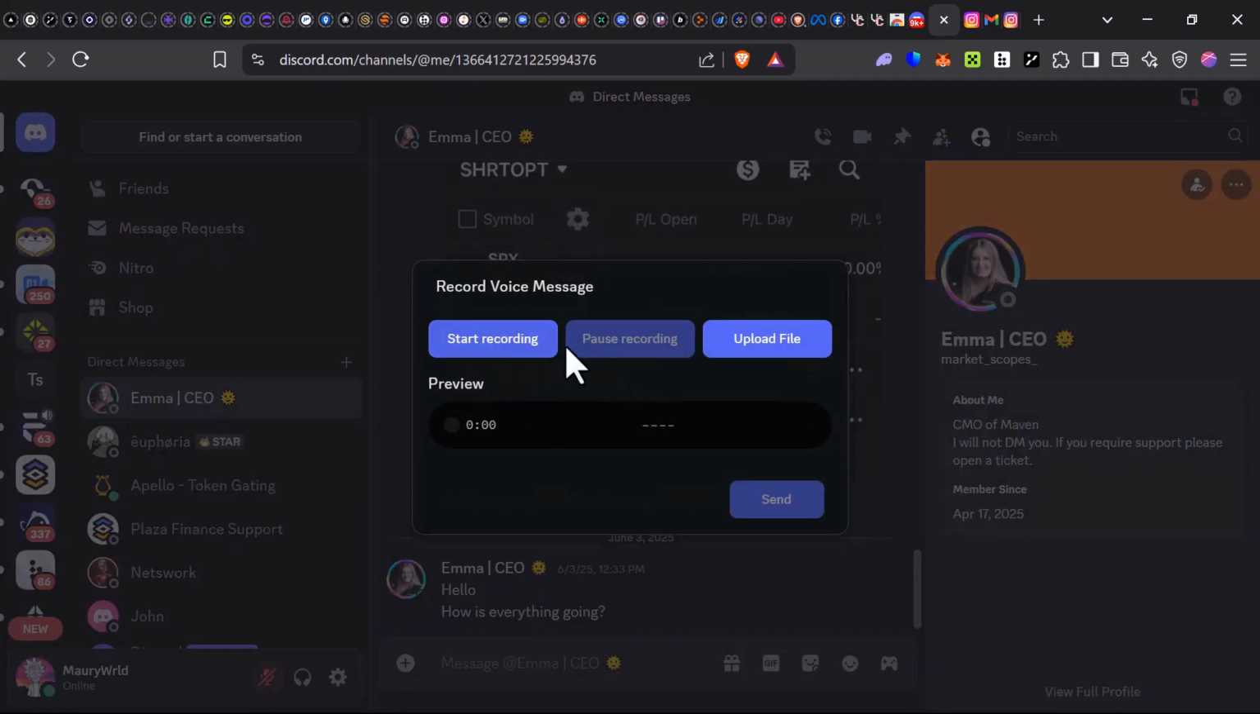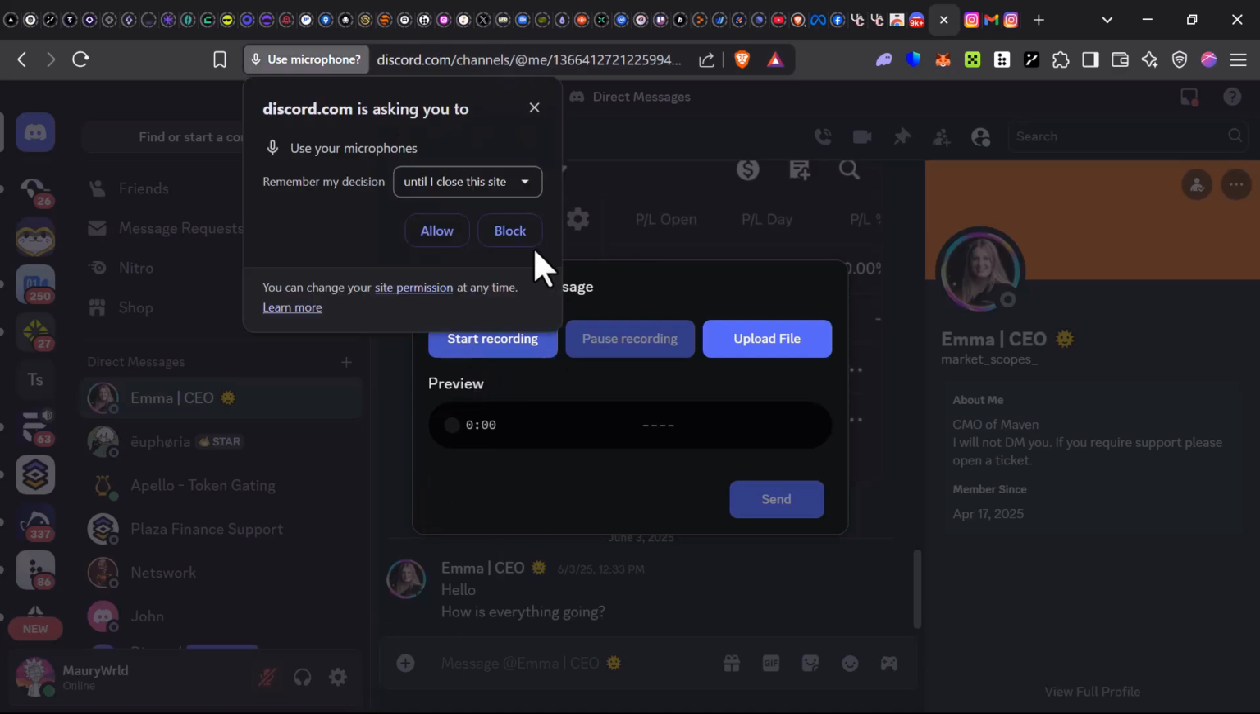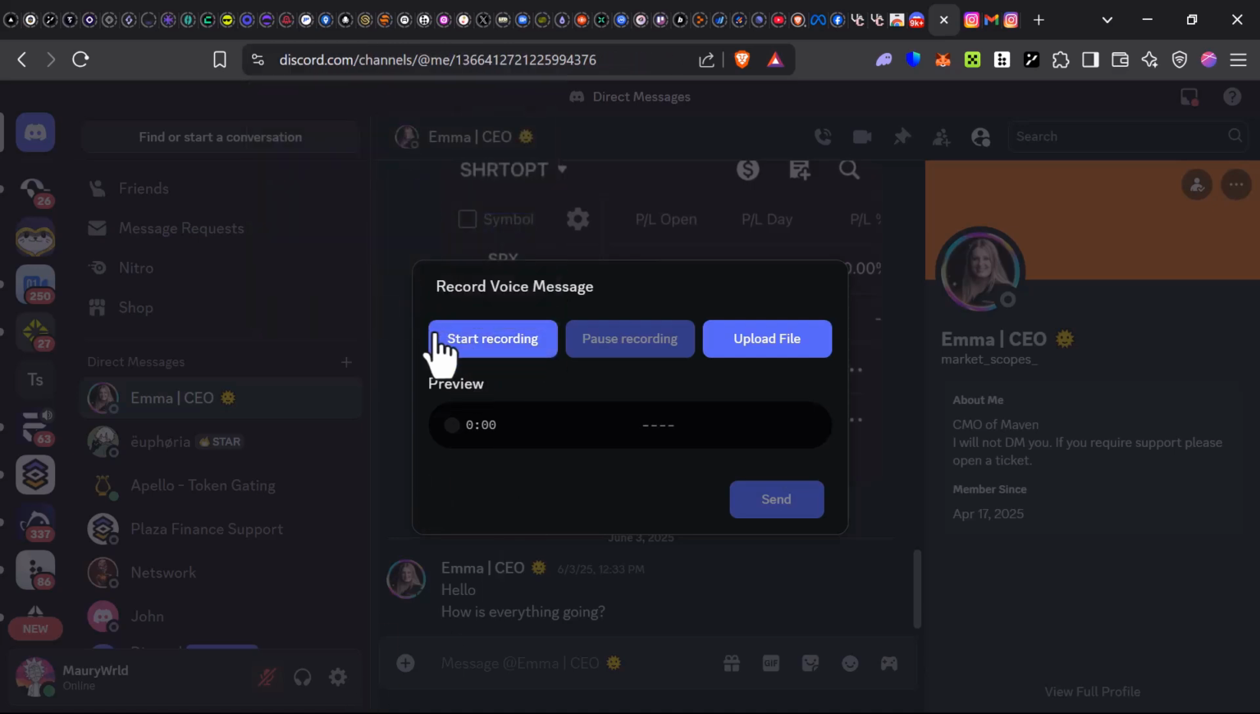And now you're met with three options: start recording, pause, and upload. So if you have MP3 files or files you recorded externally, you could just simply upload those files onto the chat. But in my case, I'm just going to click on start recording. So click on start recording and then allow Discord to use your voice, give them permission, click on start recording again. And now as you can see here, I'm recording, and once you're done, just click on pause recording